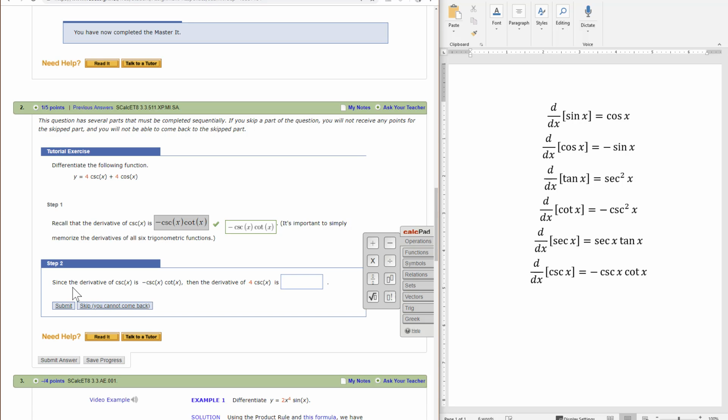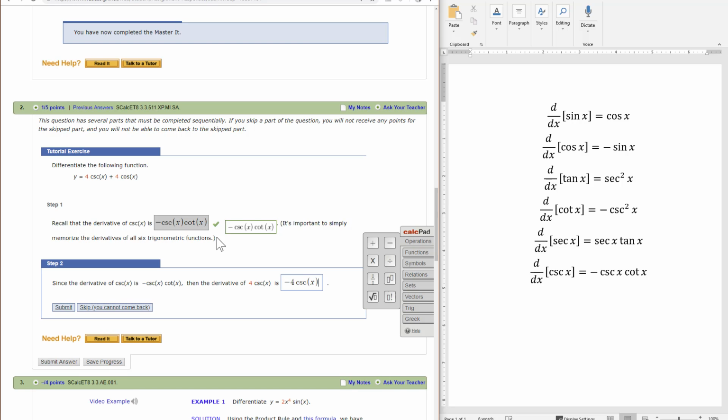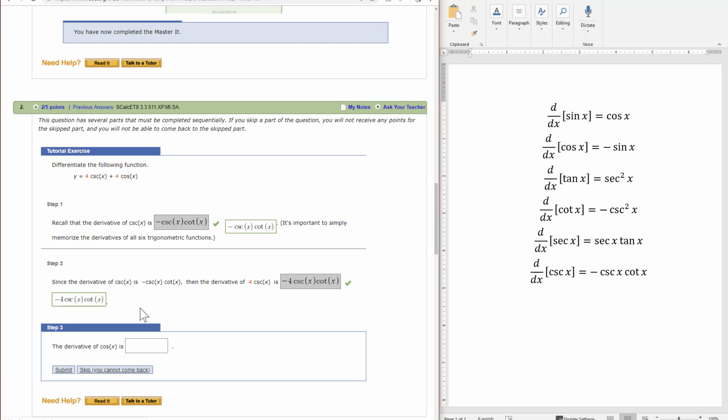to your head. So the derivative of cosecant x is negative cosecant x cotangent x, so the derivative of 4 times that is going to be negative 4 times cosecant x times cotangent x. So that's the first part, and being that this is an addition, we can just simply take the derivative one